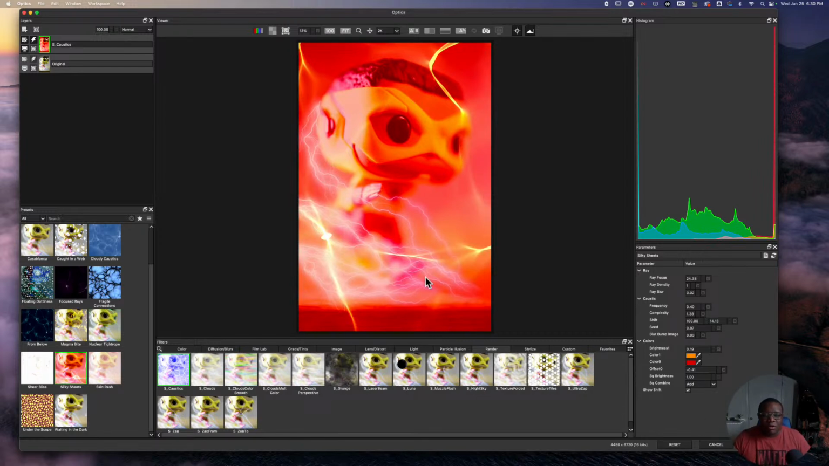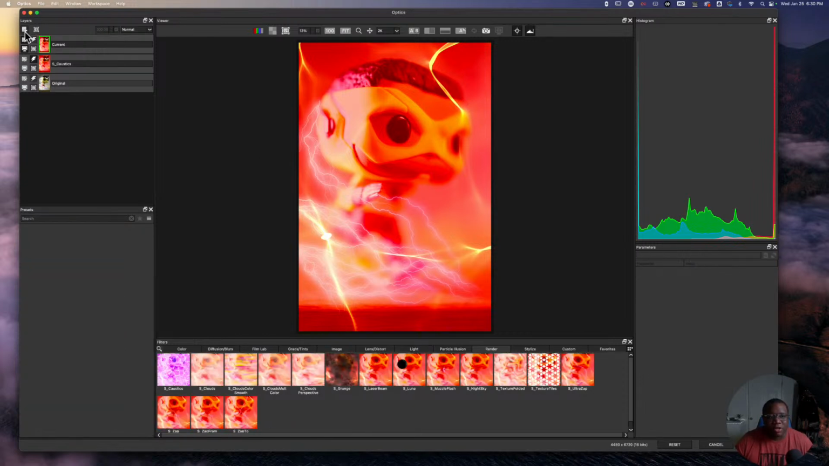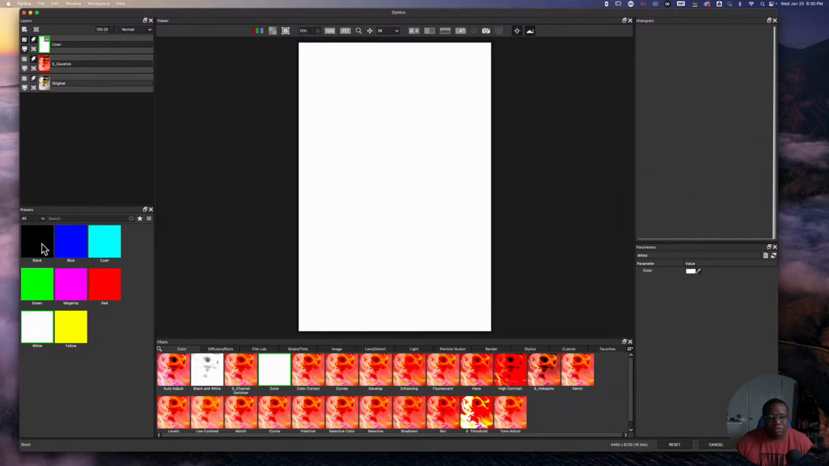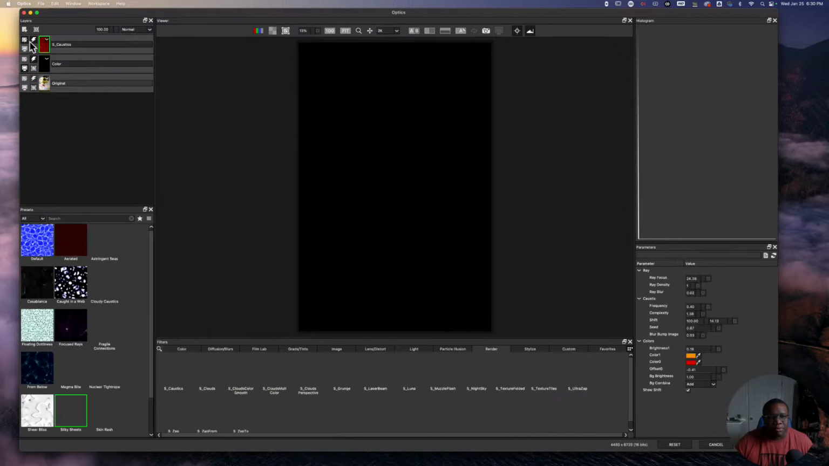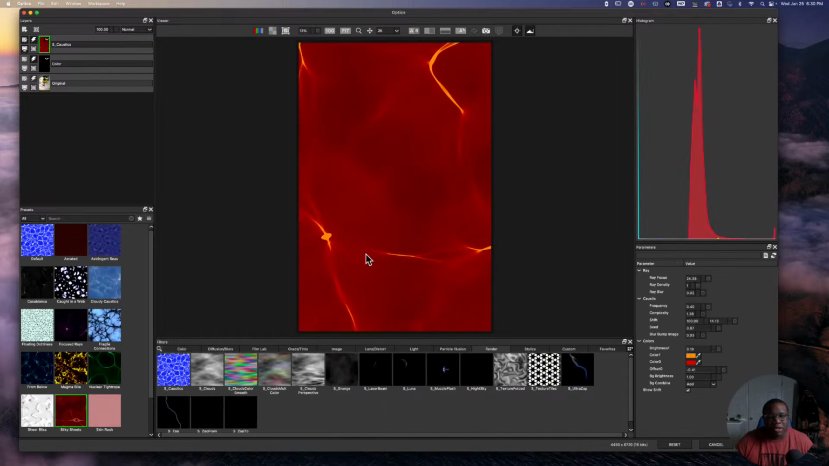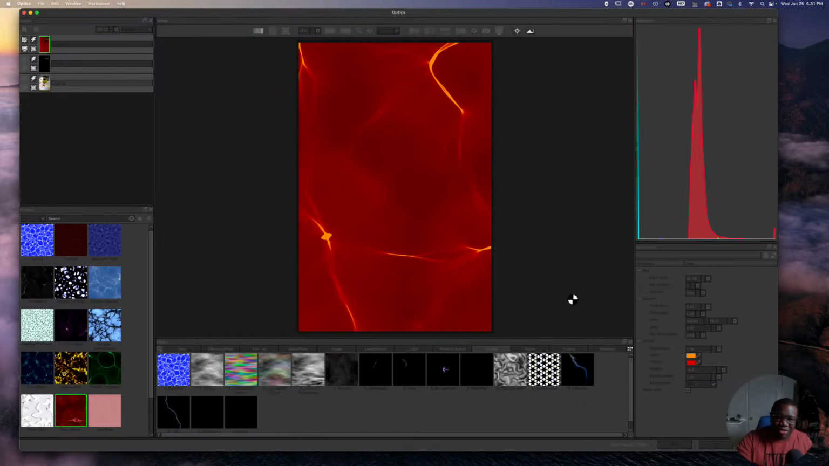And now I'm done with this, but I need to do my trick of adding a new layer, going to color, hitting color, choosing black, and then moving this underneath, and then coming back up here to the top. And now I have my red background only. And this actually looks like something that's in the poster of the Flash. So when I hit apply,